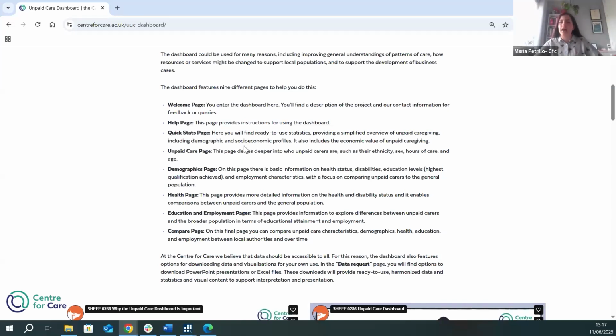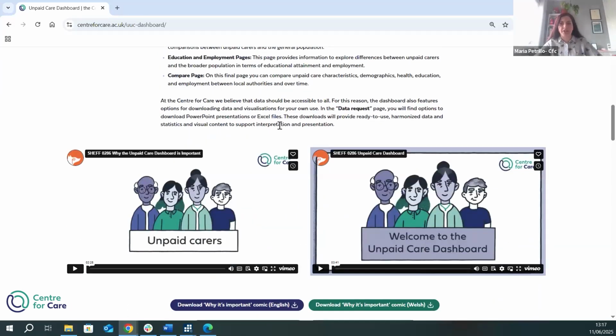We also, as I said, provide some beautiful animation made in collaboration with our colleague at Nifty Fox, which really brings the dashboard to life. The animation on the left-hand side provides a little bit of explanation of why the dashboard is important, why we started this project, and why we think it can be useful. On the right-hand side, you will find a tutorial that is hands-on with the dashboard, and it will allow you to explore the different features and all the components of the dashboard to better understand how to use it.